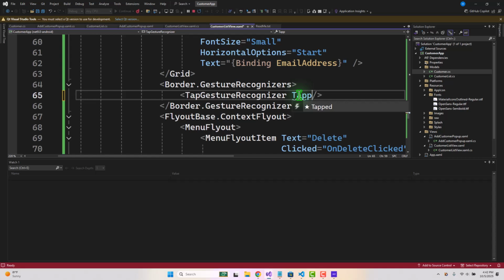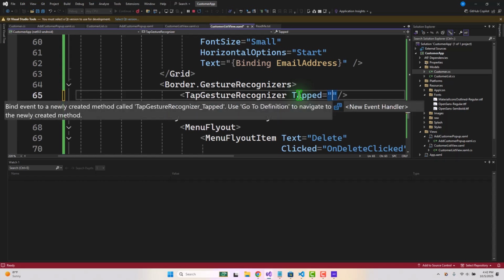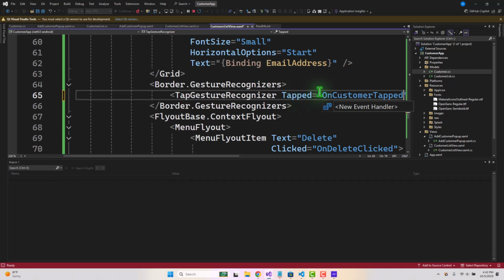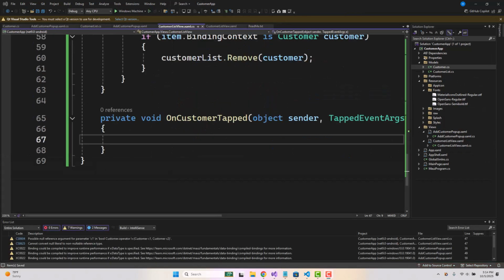So if we put in tapped here, and this is going to be the on customer tapped, let's go ahead and generate the code behind for that. Switching to our code behind, in the case of when a customer is tapped on, we want to essentially get that customer record. And then from that customer record, we want to determine an index location so that we can use our indexer that we created within our customer list class to do the selection to remove it from the